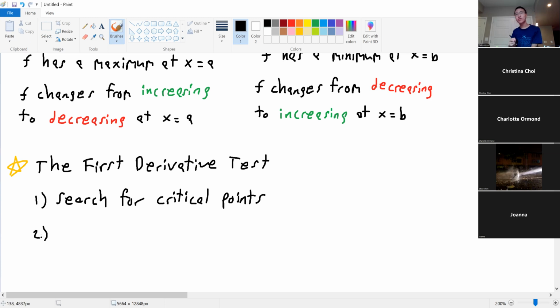Now, not every critical point will be an extrema, right? So these are just candidates. It's kind of like bringing in a bunch of different candidates to apply for a job. You're not going to hire every single one all the time, but you've got to narrow down the search. And then we're going to analyze